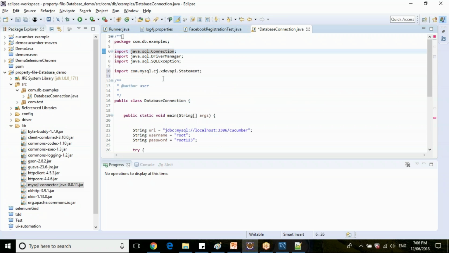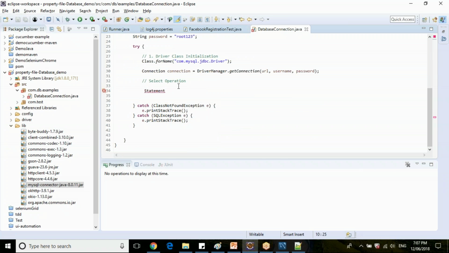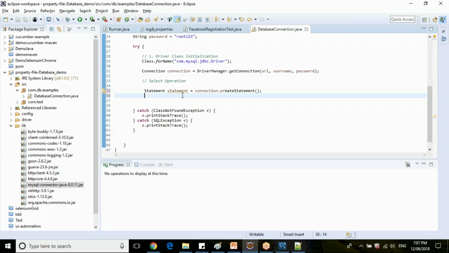So import this Statement from java.sql. Statement. So you need to pass connection dot createStatement. Then write your query here. String query equal to.